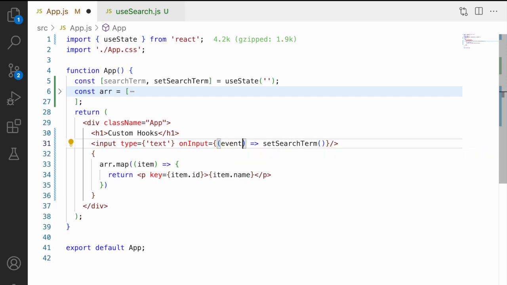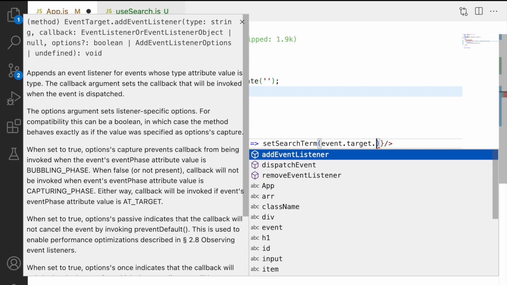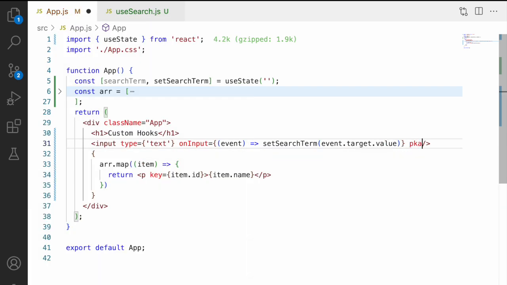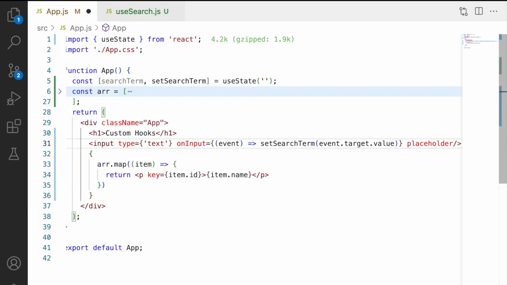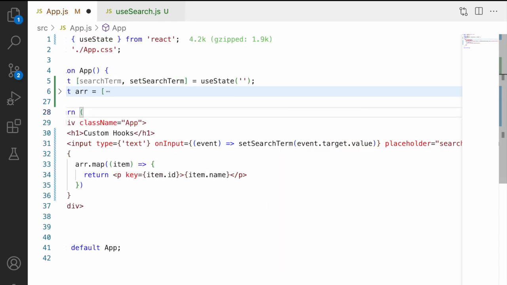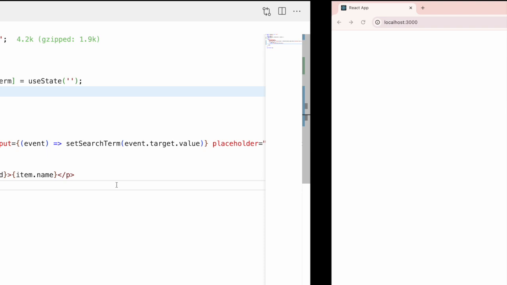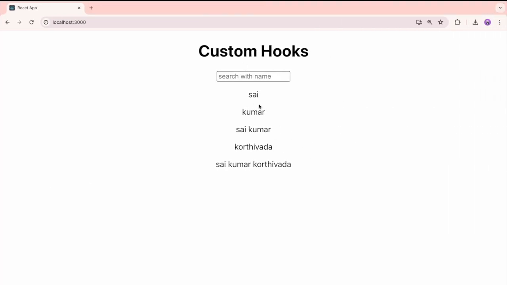So let me capture the event, and the event will have the value, event dot target dot value, and let me use a placeholder where the placeholder says search with name. Save this and let me format this. Now you have an input element where you can search, and you have an array looping where you can see the items. Let me go here and you can see something like this: Sai Kumar Kortivada, and Sai Kumar Kortivada,